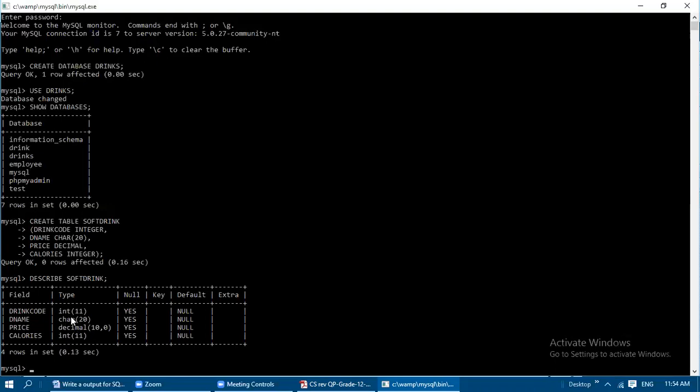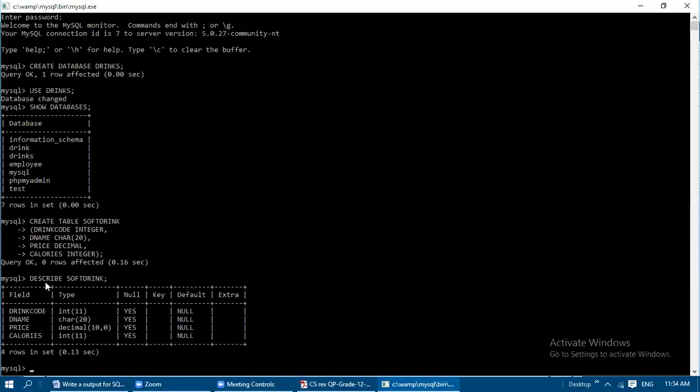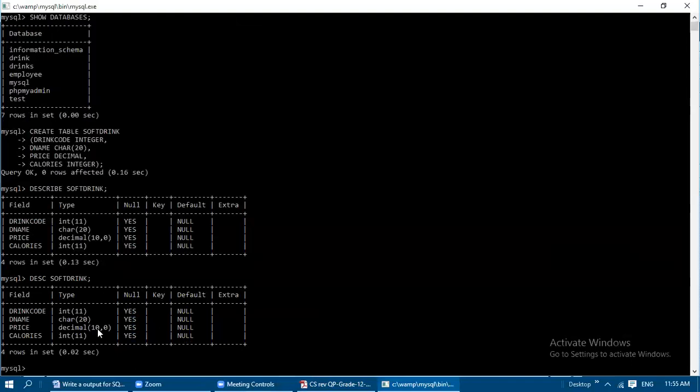So like that totally the structure of this table, that is field name and then type of the field, and then whether it is assigned as null or key constraints, anything is assigned, everything we can see from the structure. Okay, so for this we can use this describe command, or else we can use this DESC also. DESC, then soft drink if you give, it is showing the same structure of the table.